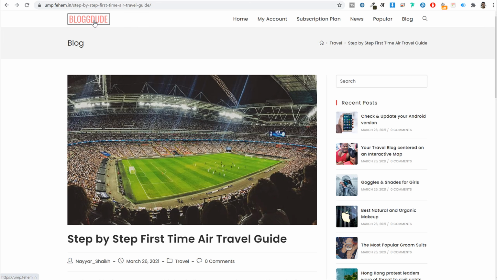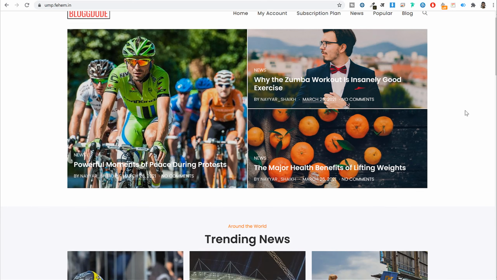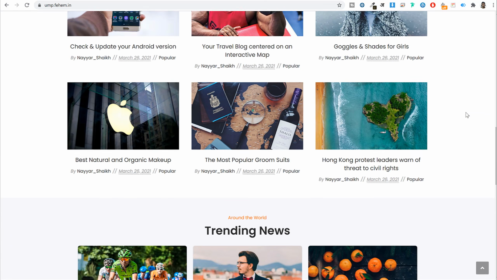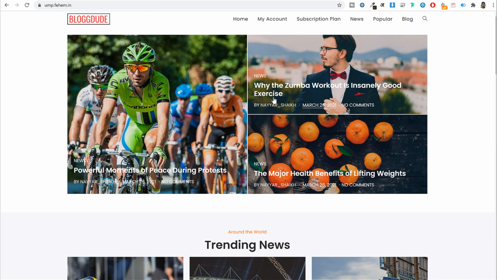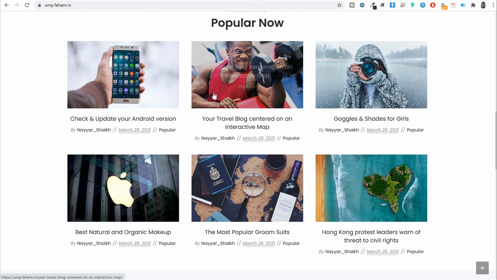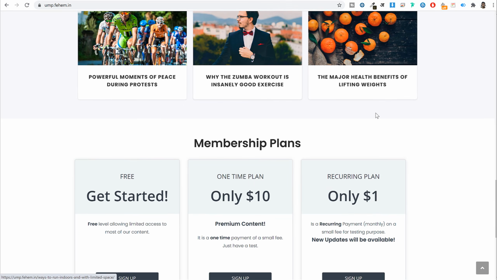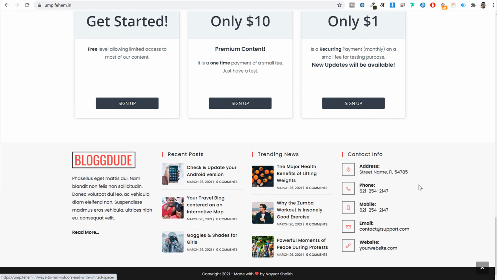Now let's again go back to our home page. As I said earlier, I'll show you how you can get this newspaper or magazine design on your website, because membership websites are mostly useful for these types of websites. So here, as you can see, this is the slider option. We have this kind of grid option. Then we have this option. This is a carousel. If you have multiple posts over here, you can use this carousel. Then we have this grid option and some more options are available. And at the bottom, I have given this membership plan as well. Then at the very bottom, you will see your footer option, your footer widgets.